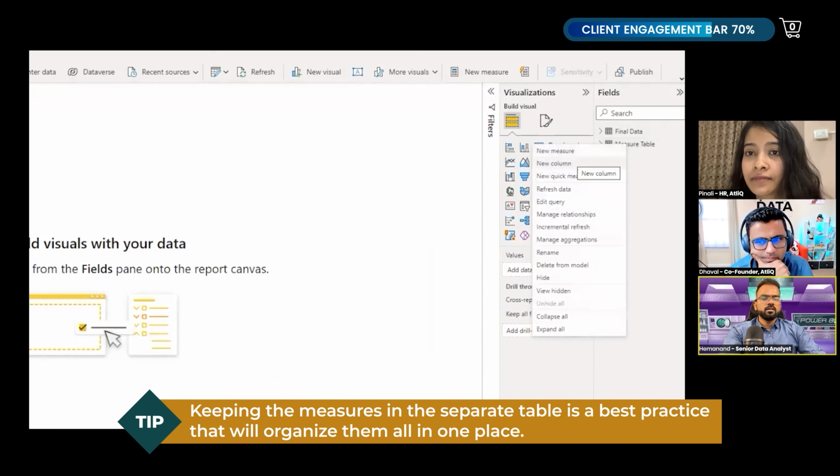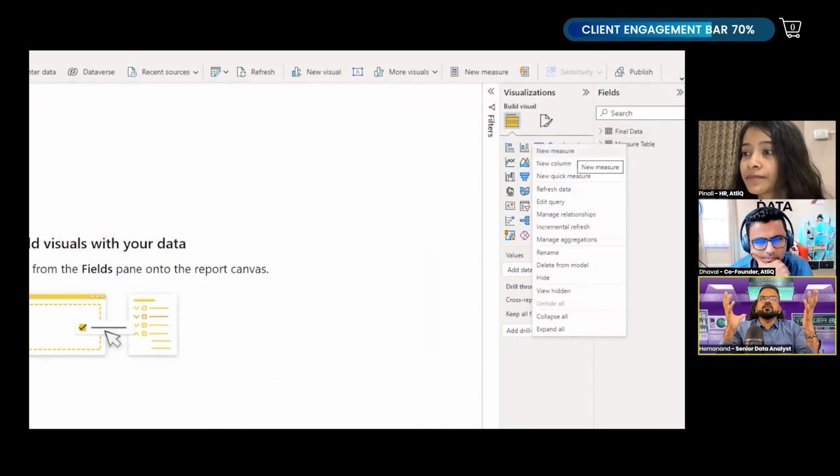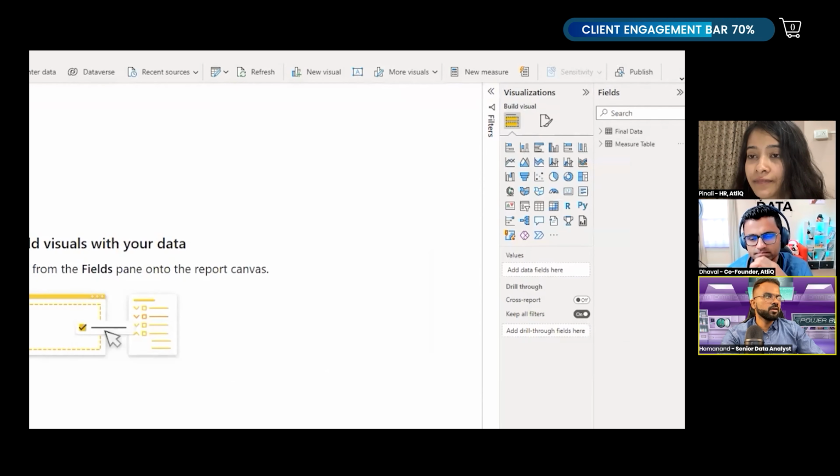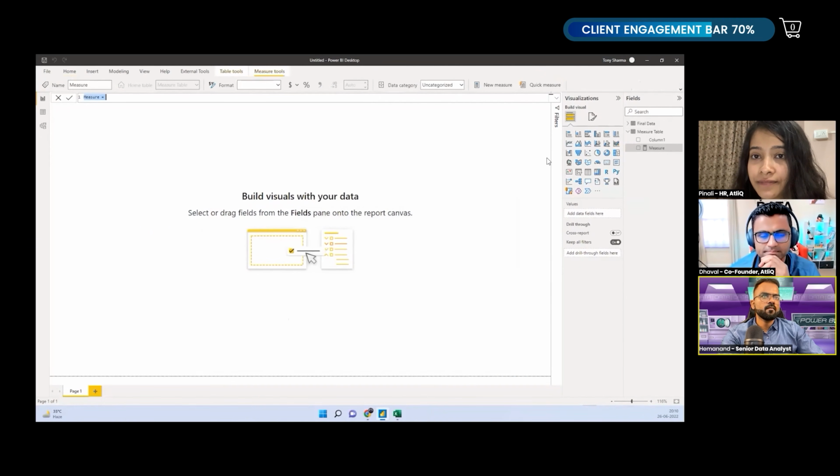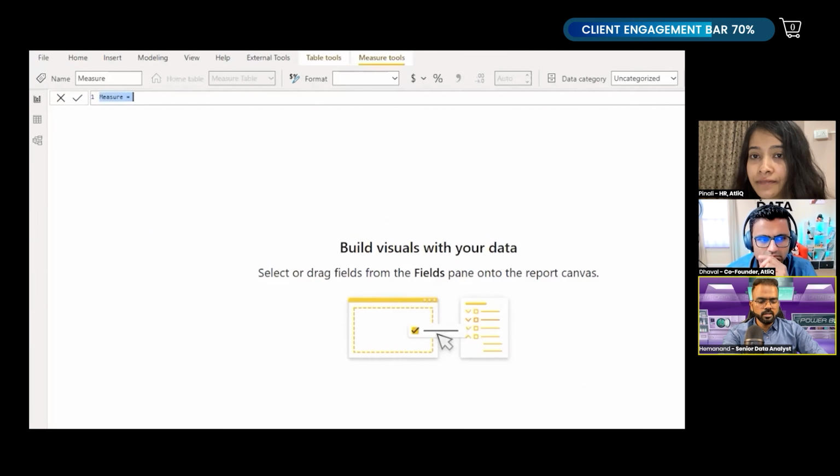So the whole thing is revolving around the fact it's about a percentage. We have the ratio to the total working days: the number of present days versus total working days, number of absent days versus total working days, number of work from home versus present days. So the first thing I need to know is the total working days. So I'm going to create a new measure. And the total working days should be